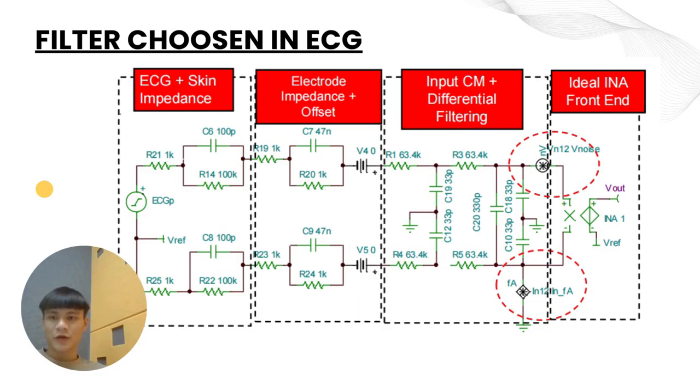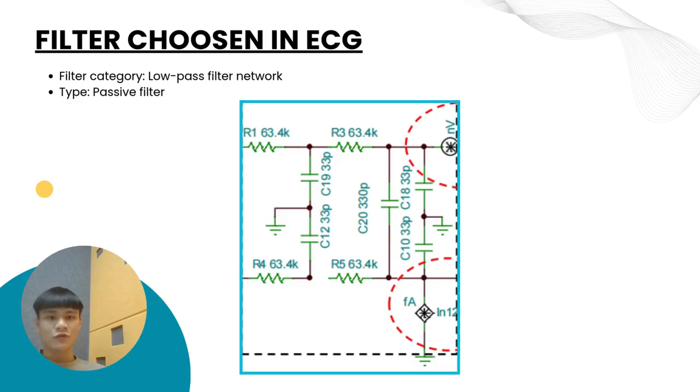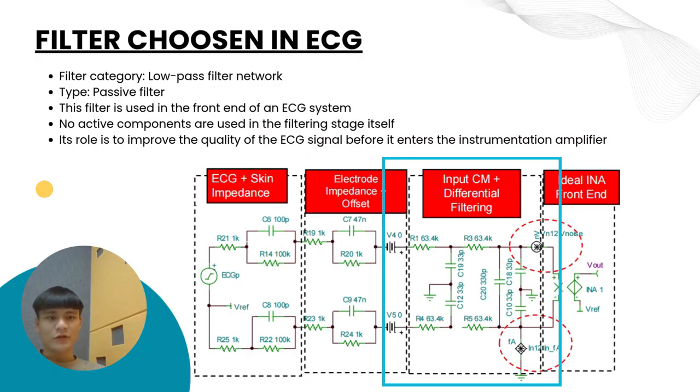After introducing the types of noise, let's proceed to the filter circuit. Here is the filter that I've chosen in the ECG system. For this system, I've chosen a passive low-pass filter network. This filter is deployed right at the front end of the ECG system. Besides, there are no active components used within the filtering stage itself. Its entire role is to carefully improve the quality of the raw ECG signal before it's allowed to enter the instrumentation